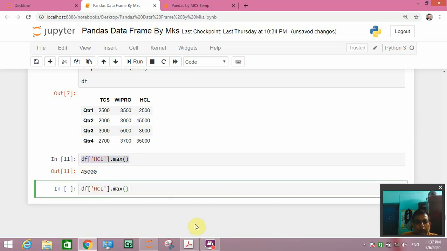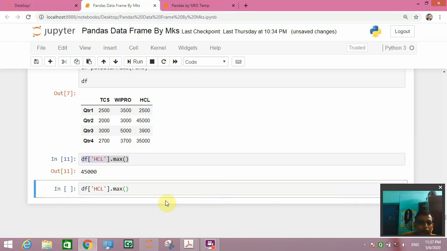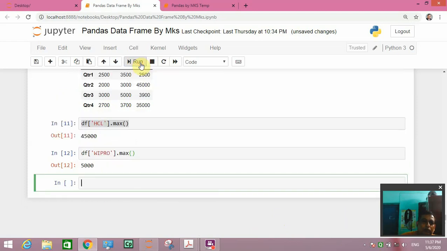Same way you can write Wipro in single quote. So it is giving different values.